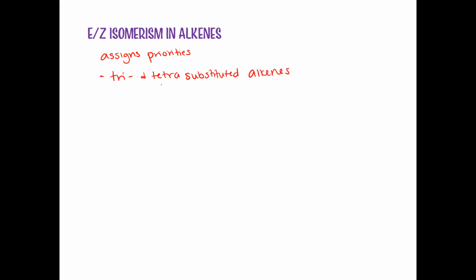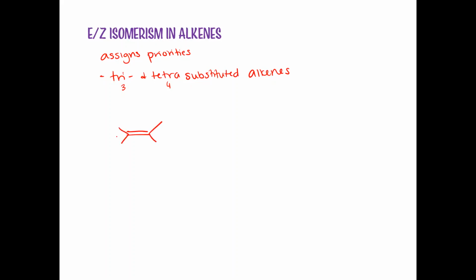So you can't do cis and trans for 3 and 4 substituted alkenes, only EZ. So if we look at a double bond,